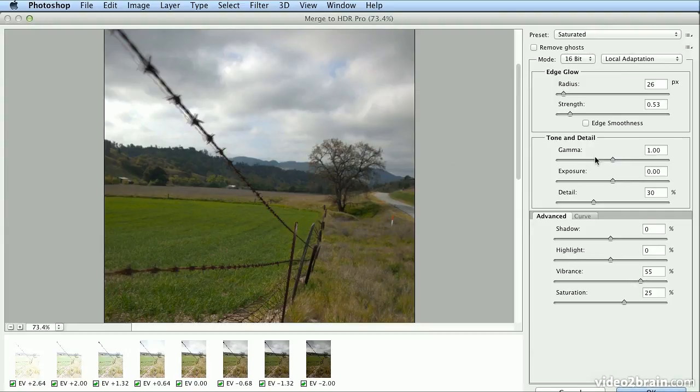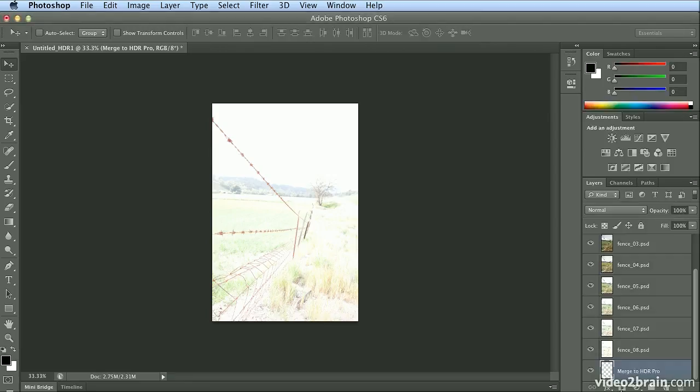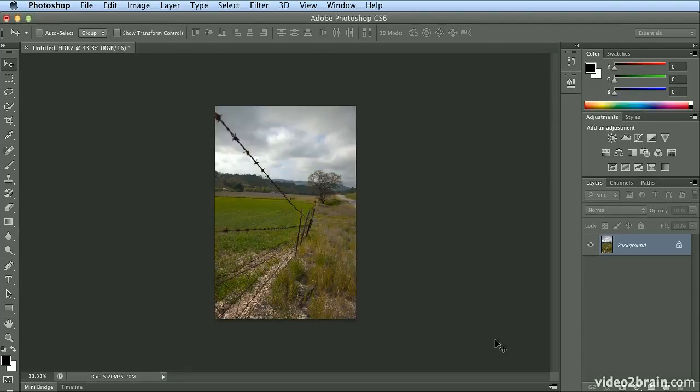You can also feel free to experiment with gamma, exposure, and detail. But the last thing I'll do is a feature added in CS5. I'll click Remove Ghosts. And when I turn on Remove Ghosts, it will evaluate any haloing or any objects that weren't perfectly aligned and wipe them out. And all I do when I'm finished is click OK, and I've got a final image with the best highlight, the best shadow detail merged into one final piece, giving me a far better result than I can capture on